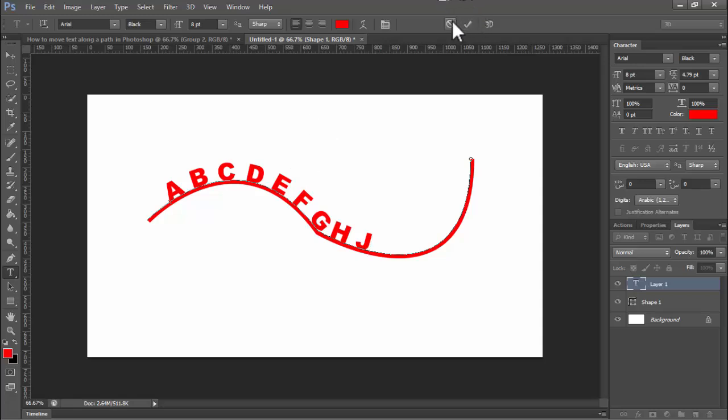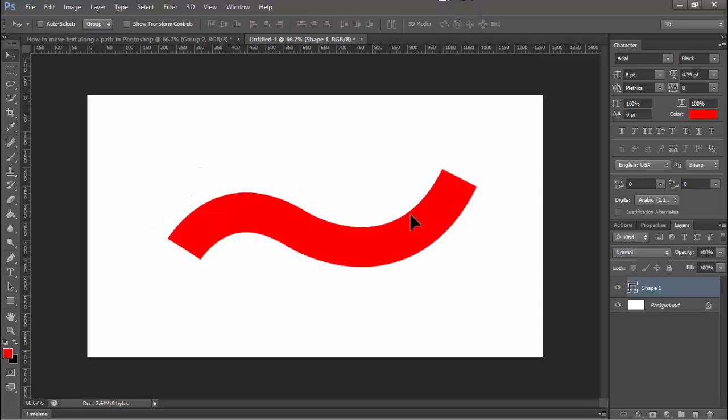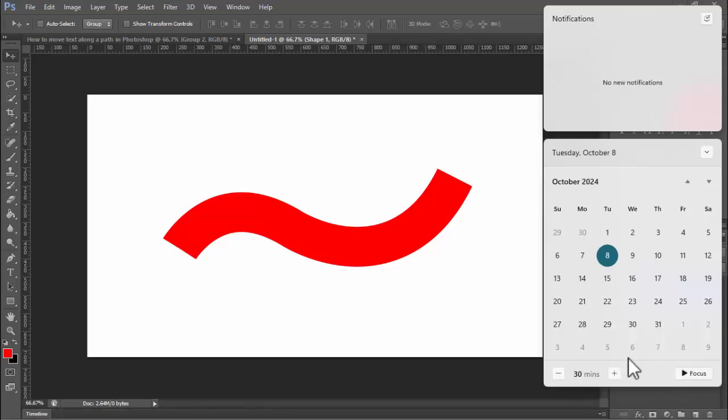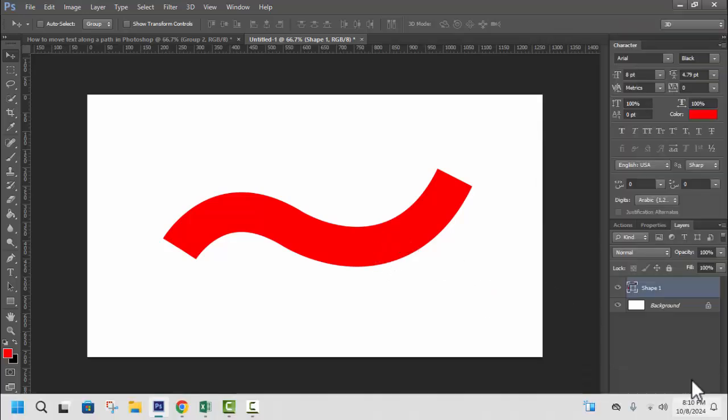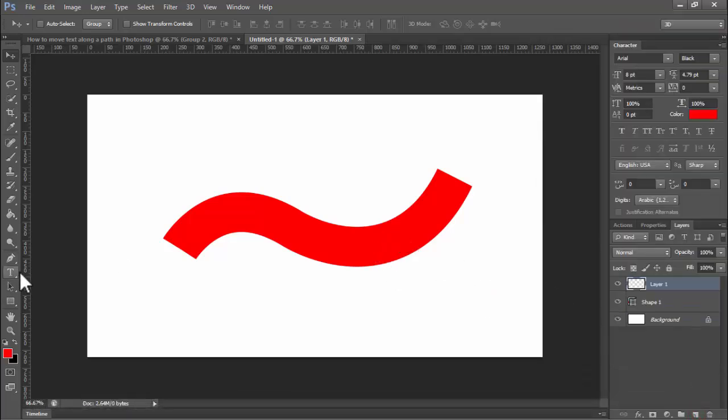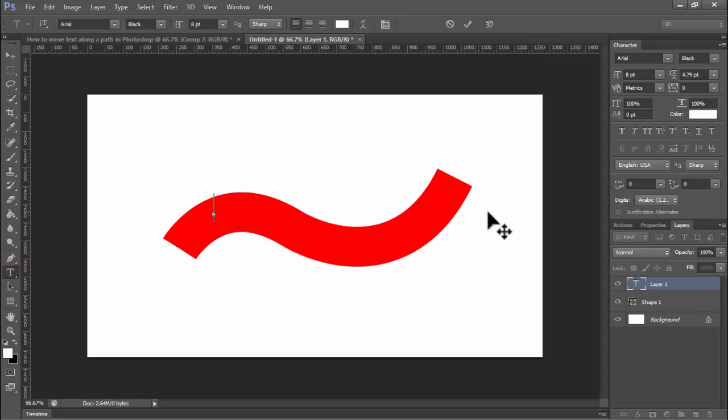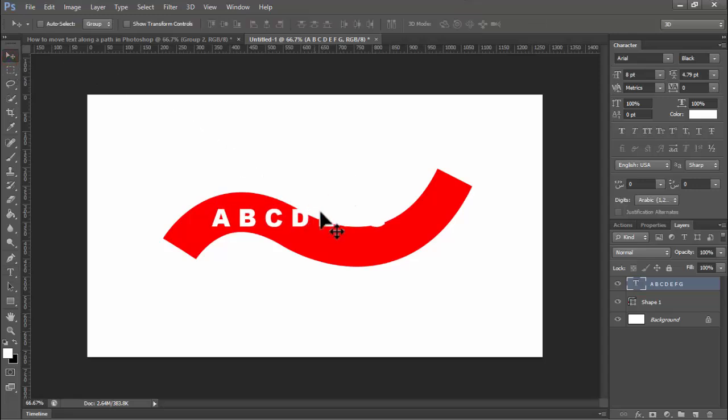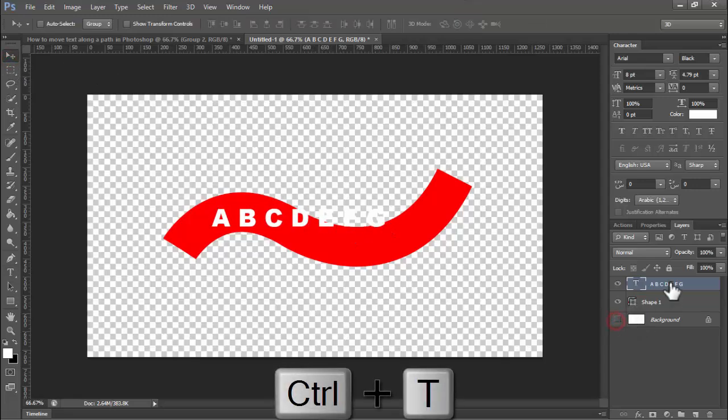Okay, and step 2. Okay, create a new layer and type. Hold Control T,